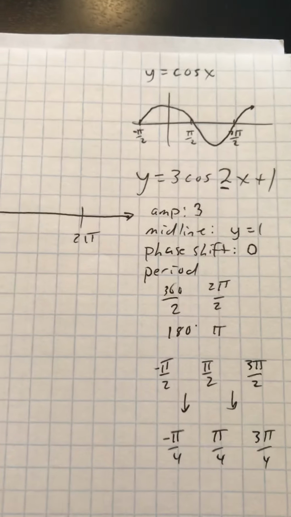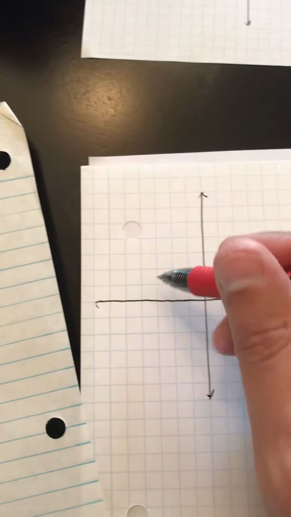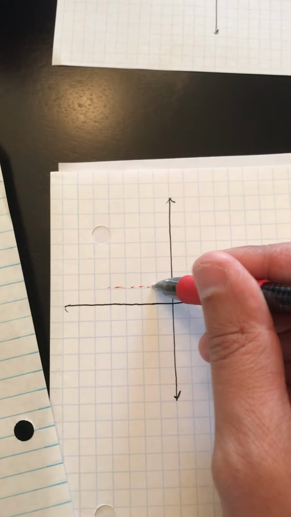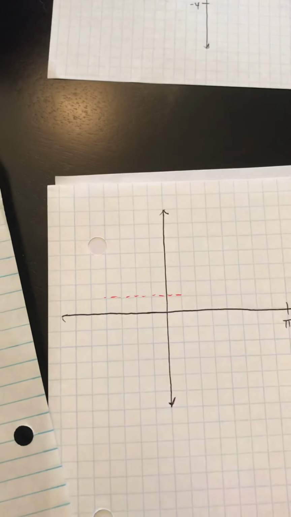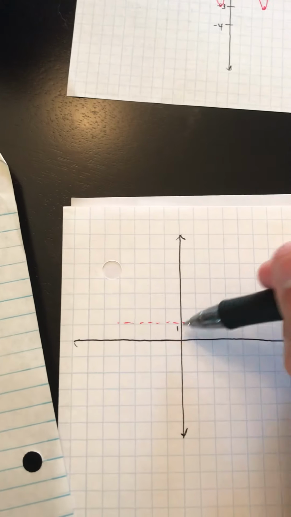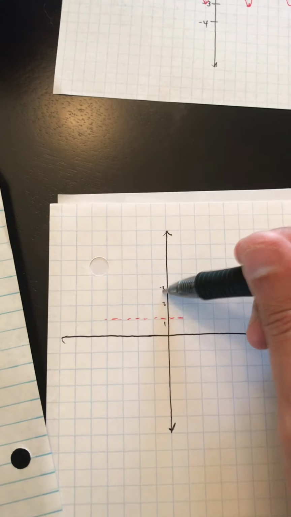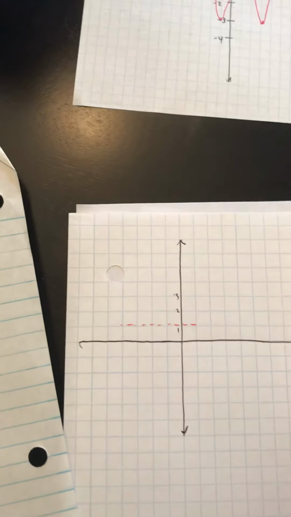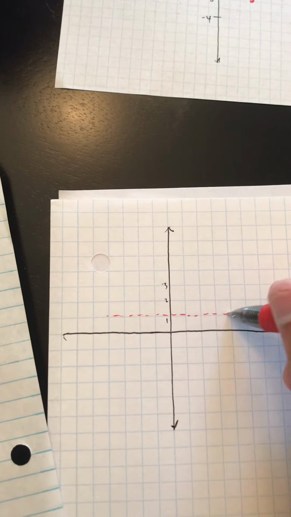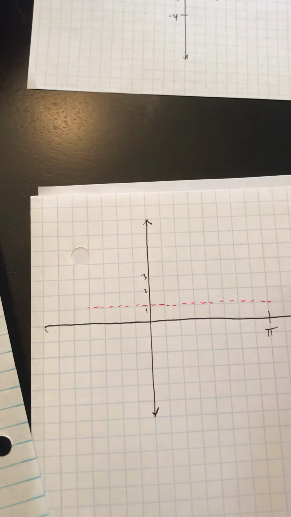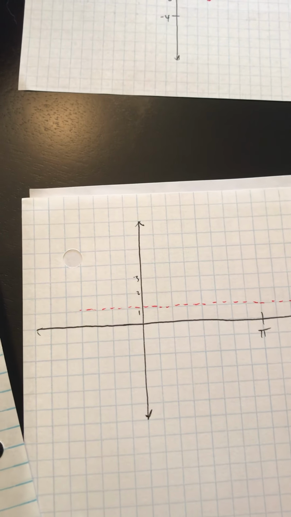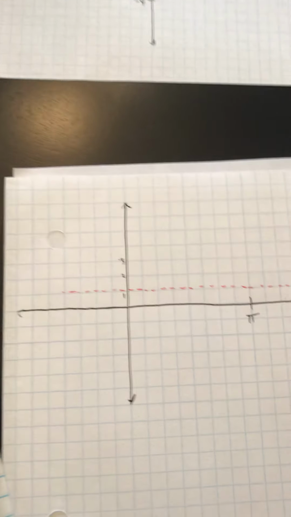I'm going to draw my midline at 1. I think I'm just going to use each tick mark as 1 this time. This has a pretty big period. So we're going to make this 1, 2, 3, and so on. I'll draw my midline in here. By the way, there's a lot of action. This is pretty compressed down. So I have